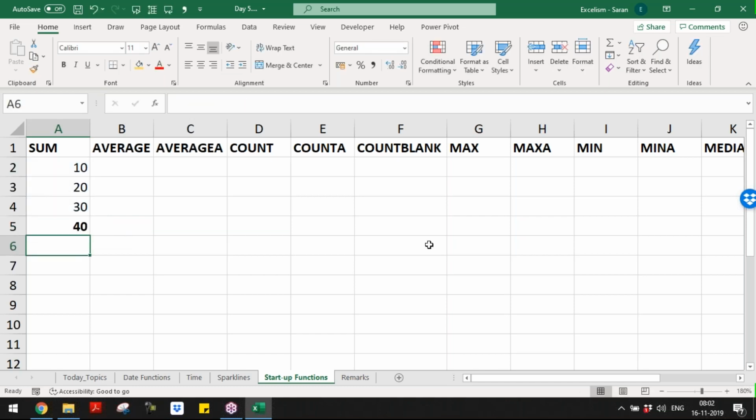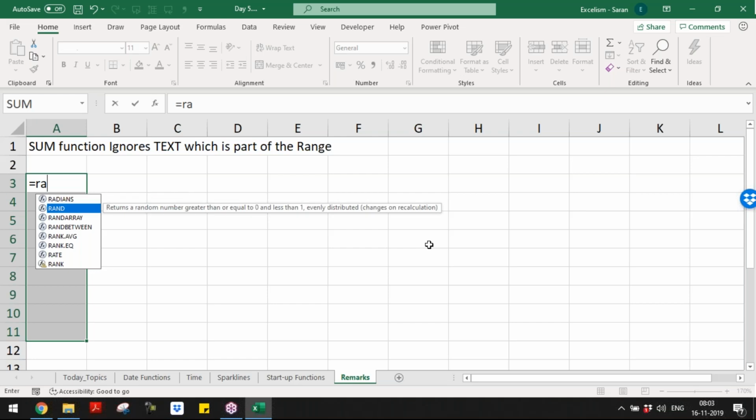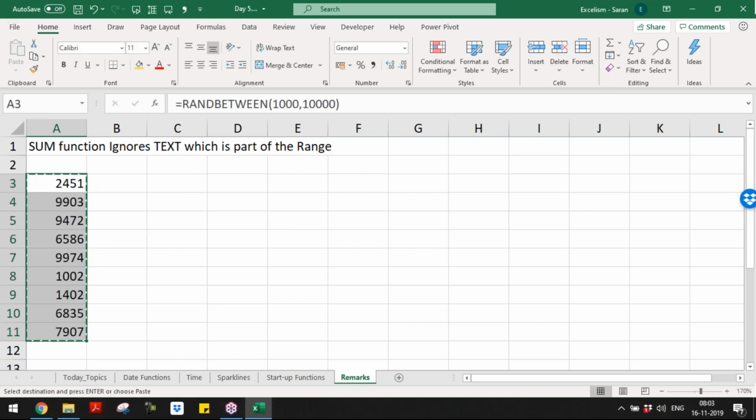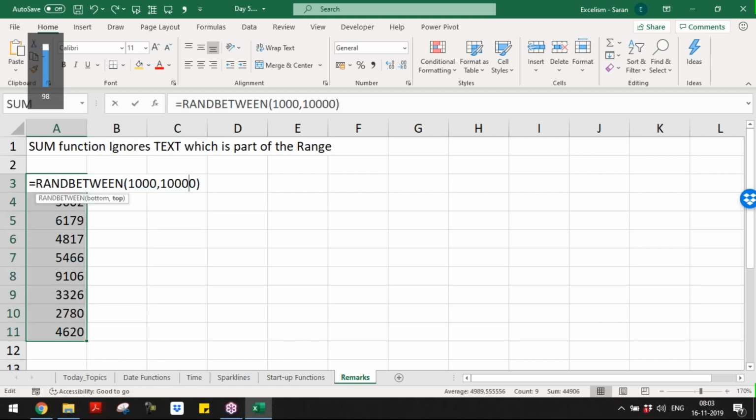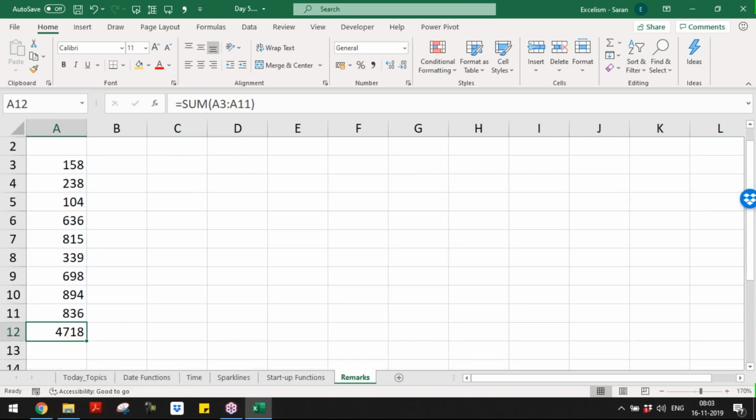Friends, frauds in Excel, to make a fraud, you need not put in a lot of effort. Small things, if you learn in depth, that is sufficient to make a fraud. Let me explain one case study. Let's say I went into the client office to do the audit and there are huge numbers like this, copy paste special values, and at the bottom there is a sum function.